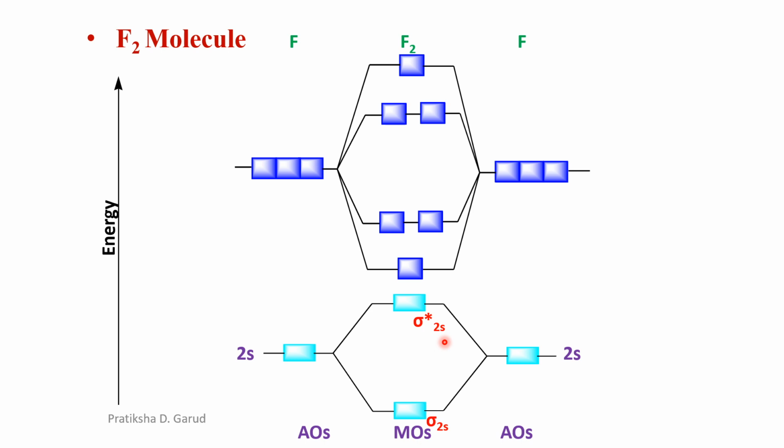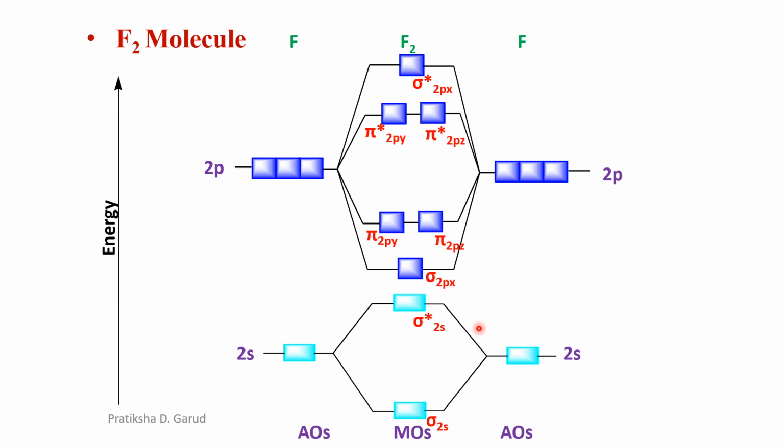Then the second MO energy level diagram is for the 2p, 2p of the first fluorine and 2p of the second fluorine. There are a total of 3 plus 3, 6 atomic orbitals. Therefore, there should be formation of 6 molecular orbitals. Out of the 6 molecular orbitals, the lower 3 are bonding, the upper 3 are anti-bonding. So the lowest one is sigma 2px, then degenerate pi 2py and pi 2pz. Then again degenerate pi asterisk 2py and pi asterisk 2pz. And the last one is sigma asterisk 2px. So this is the MO energy level diagram in which there is no interaction between the s and the p.